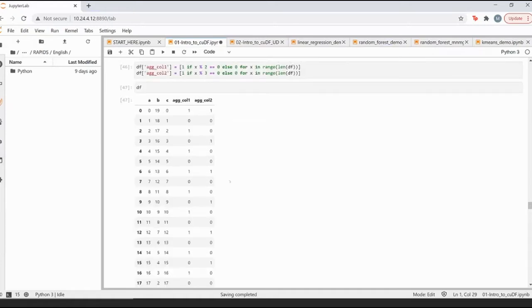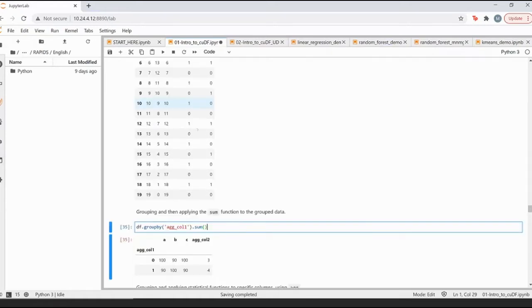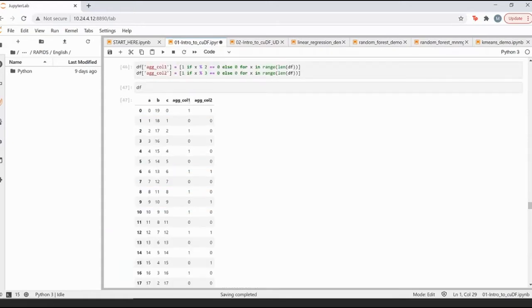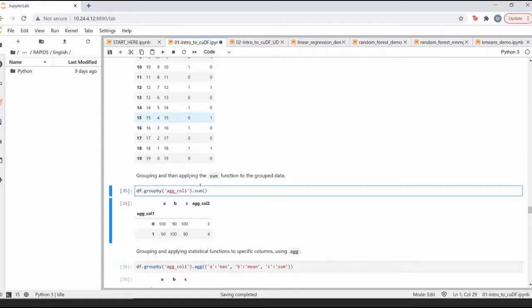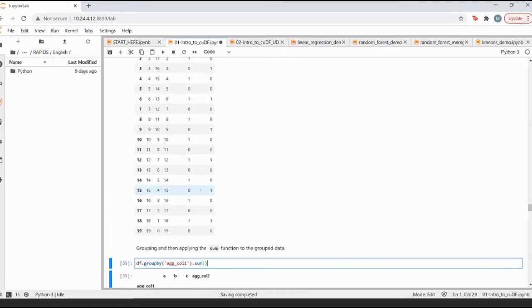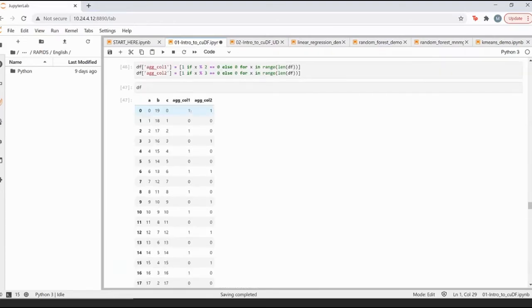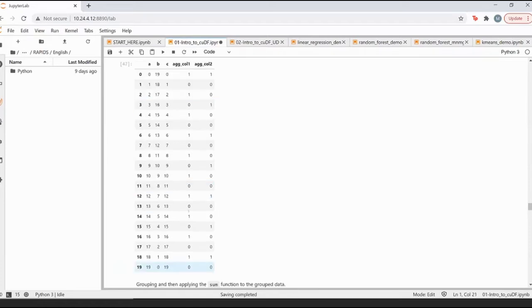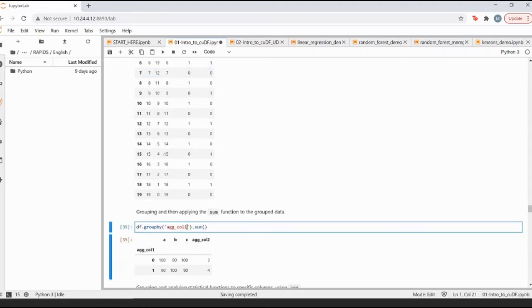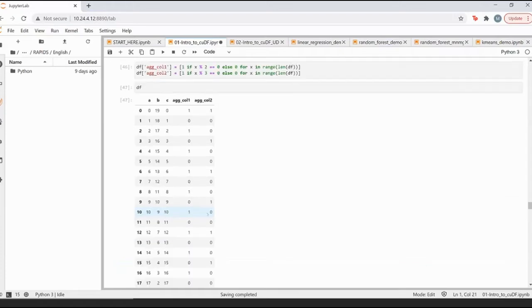So what is going to happen is that it's going to group all the values of aggregate underscore column 1 and calculate the sum of them. When I say that I want to group by this particular column, that means it's going to take all the unique values inside of it. There are only two unique values, 0 and 1, and it will make them the index values. As you can see here, 0 and 1 have become the index. And what it has done is try to find, for all the corresponding ones, the corresponding values of a, b, and c.